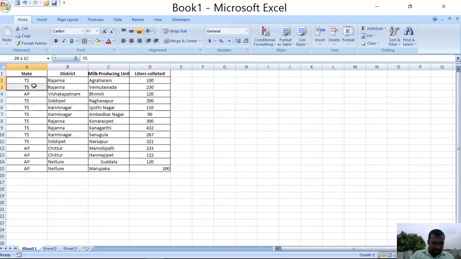State TS, then AP, then TS, then AP. So it is like this. It is not in sorted order. Even though in TS Rajanna is there, Karimnagar is there, Siddipet is there, they are not in proper order, right?